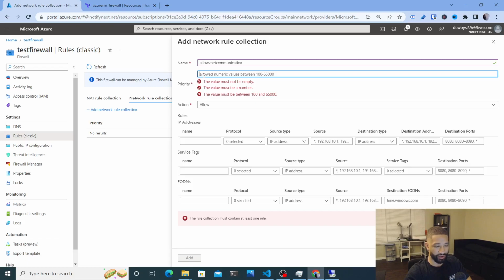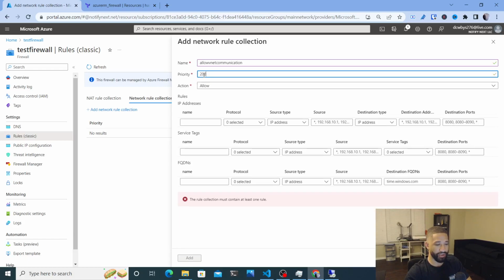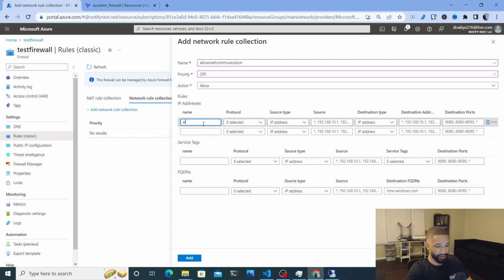So you might even want to do like say 200 because say there might be some type of deny you might want to put above that 200. And if you're at 100, you have to do some deletions and modifications that could bring the network down for that short period of time. So I'm going to do route to test